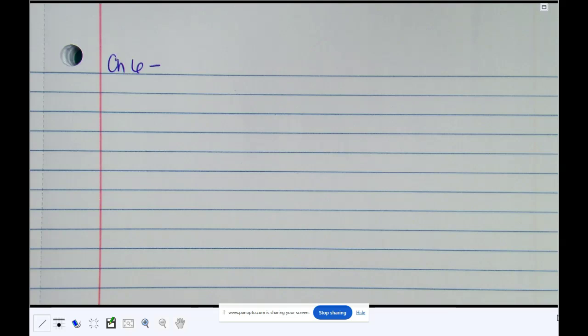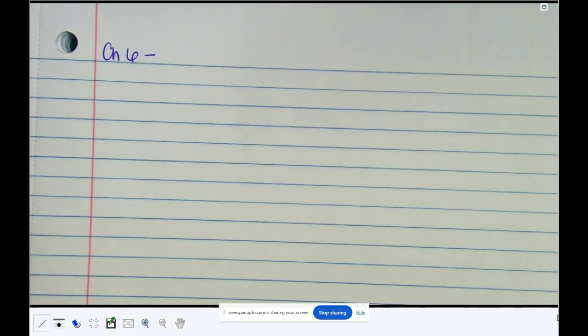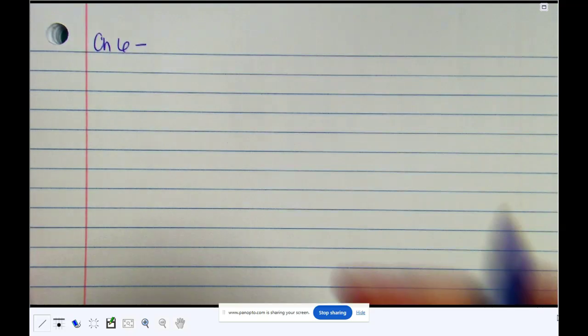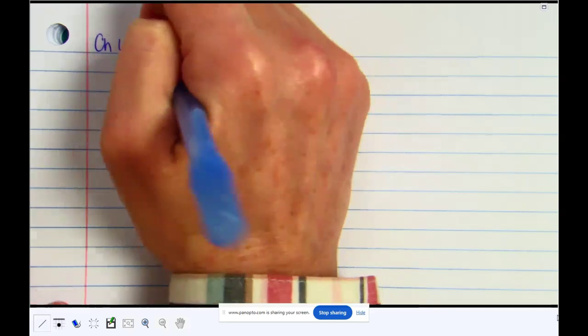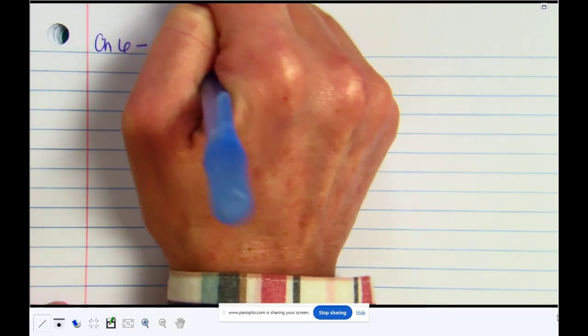There's a little bit of trig in this chapter, but it's nothing like the other one. No circles, all just formulas. Your calculator will stay in degree mode in this chapter. There are no radians, no circle, and no solving trig equations. So pretty easy. Chapter 6 is labeled additional topics in trigonometry.